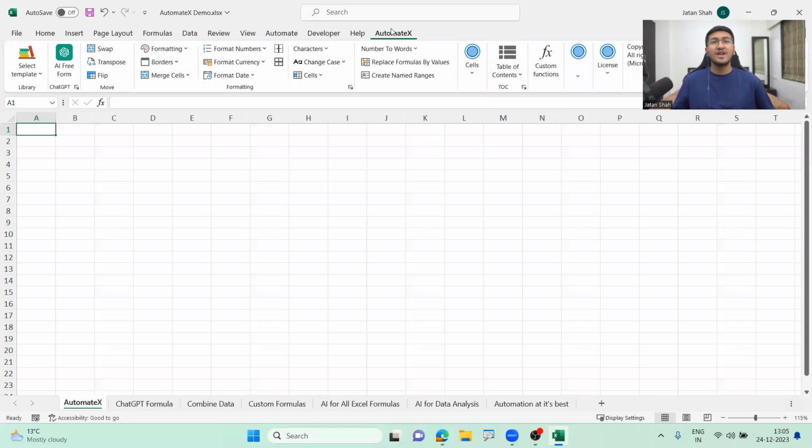To do so, you will have to go to AutomateX once it is installed in Microsoft Excel. Then you will have to go to license, click on it, and you will see a button called upgrade. If you have a trial period, the number of days left will be mentioned right here as well. However, if you want to upgrade it for 2 years, 10 years, or basically a perpetual license in the form of 2 years, which is